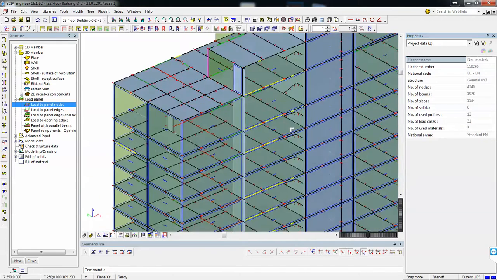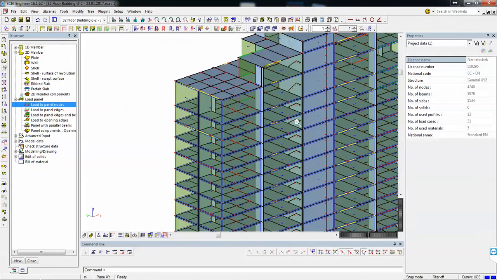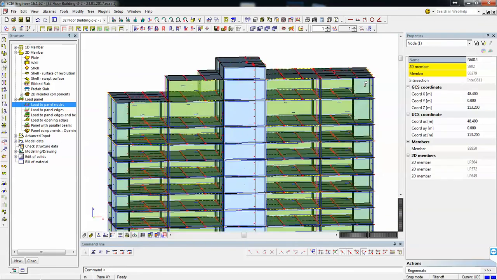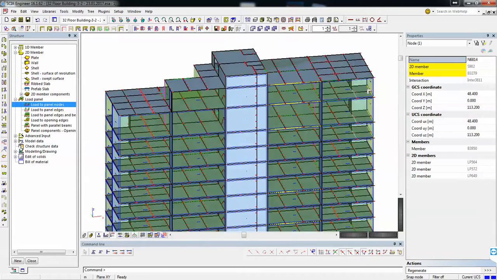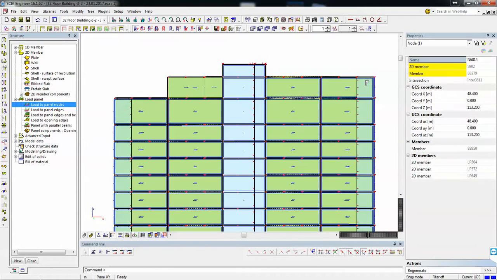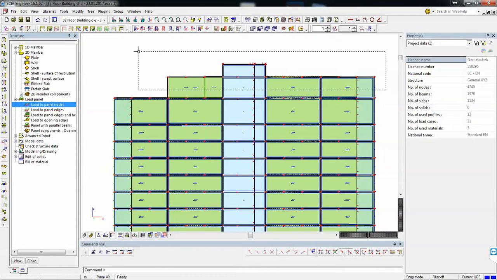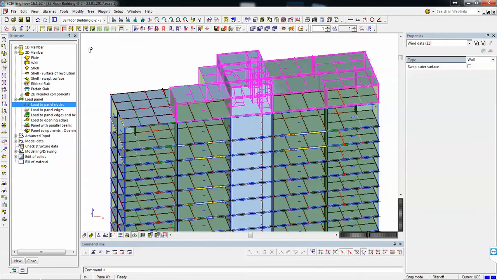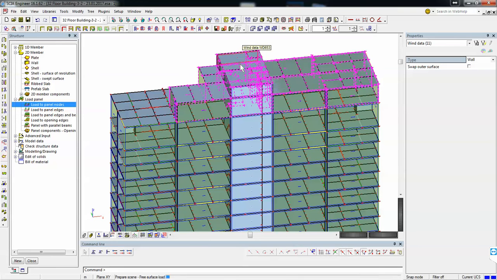Okay. And also we'll have another look at this top area. It's very important that everything is closed, otherwise we'll get errors when generating the wind.